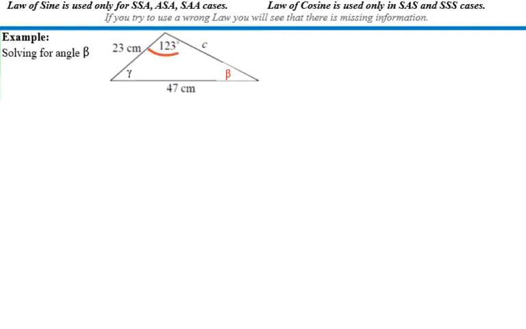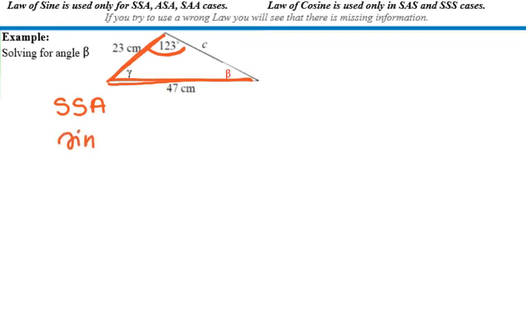I have angle, and then I have side and side. Or I have side, side, angle. So if I have side, side, angle, I have to use the law of sine because I don't have SS on both sides. So for the law of sine, I have